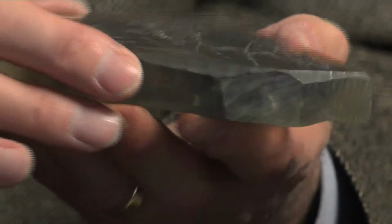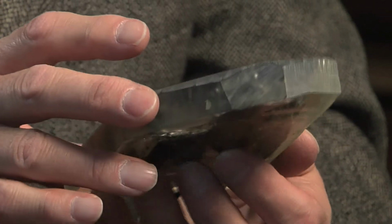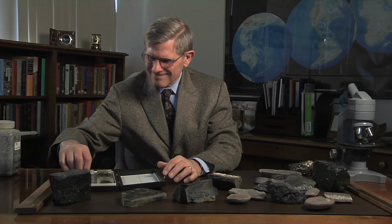People who actually study coal will make slabs in a lucite, like a polyurethane, and then cut and polish the piece and look at it. That's what the microscope is for, to look at the different layers and see what's in the coal. There's a very interesting technique called thin sectioning, where you take coal and you cut it into a very